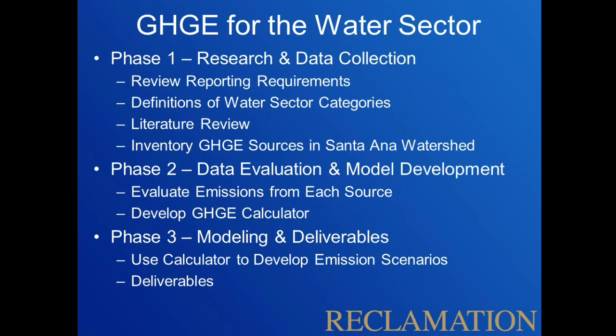And then in phase 3, I used the calculator to develop scenarios for the Santa Ana watershed and show how the watershed could meet AB 32 and what they would have to do to meet the 2020 target and the 2050 target. Now, I showed what they would have to do. However, I realized some of those reductions may not be feasible. Some of the changes may not be feasible. I just gave them one scenario of how it could be met, and I'm going to show you guys how to make a scenario for your area of how it could be met. And then the deliverables, I described all of those to you, which are all going to be available on SAPA's website.